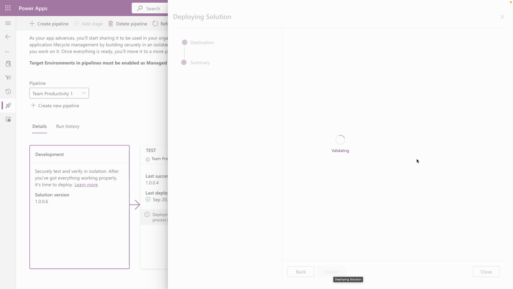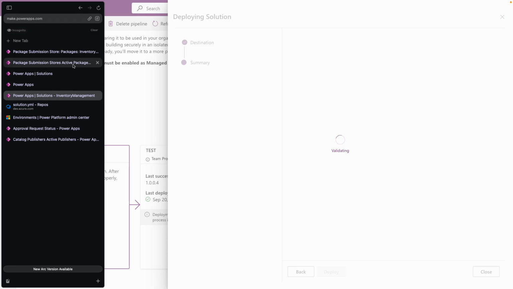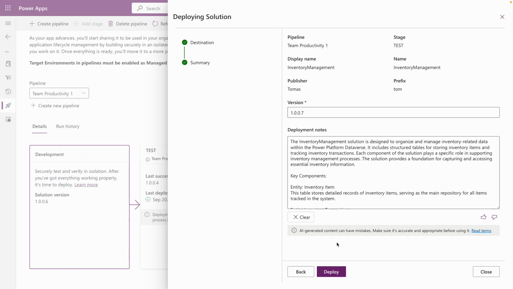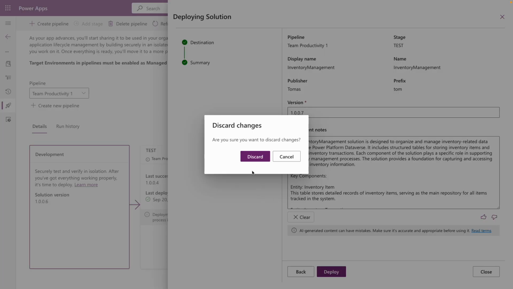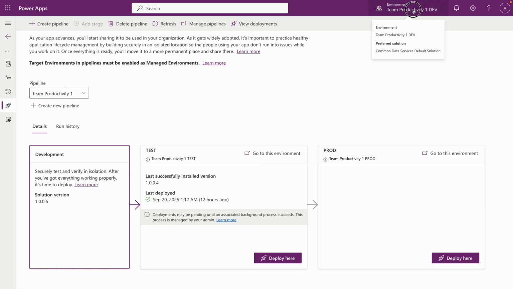I can hook into this process if I want to have any sort of custom approval or, for example, automation of checking into source control, or I want to play with combining it with other components like plugins that I need to build externally. This is where I can make use of the customization capabilities. So I will not finish this deployment, but let's have a look at how we